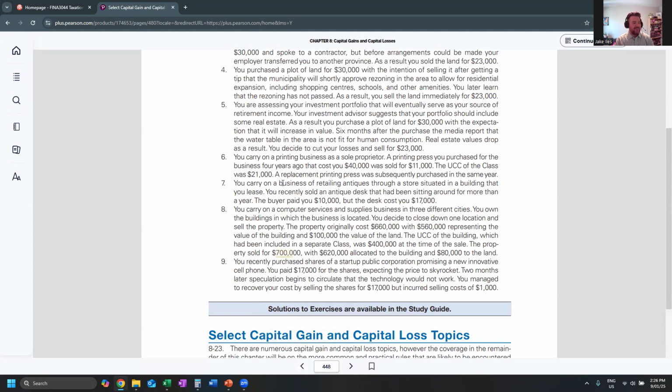The thing about this sale is there are 2 parts to it. We're selling building and land together. So we need to allocate how much of the transaction was for land and how much was for building. $100,000 of the purchase price is for land, and then $80,000 of the sales price was for land.